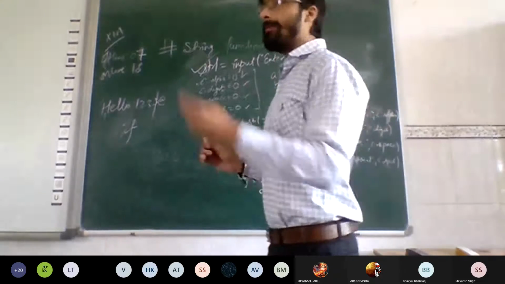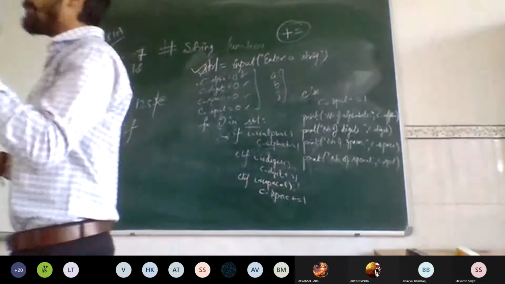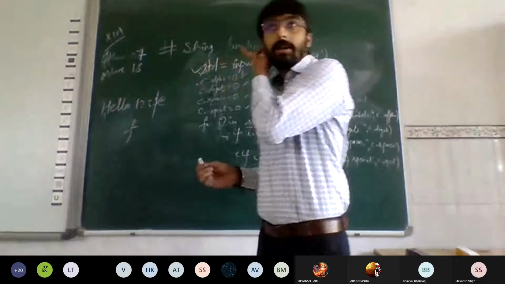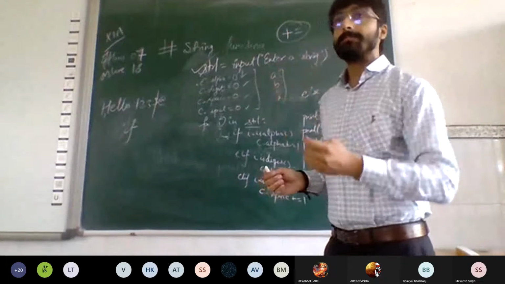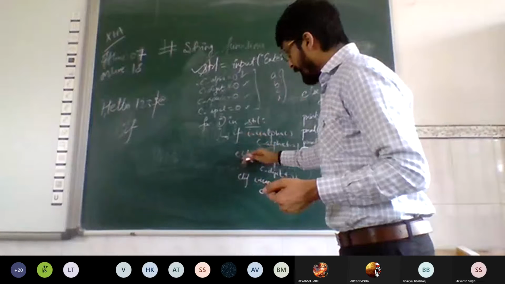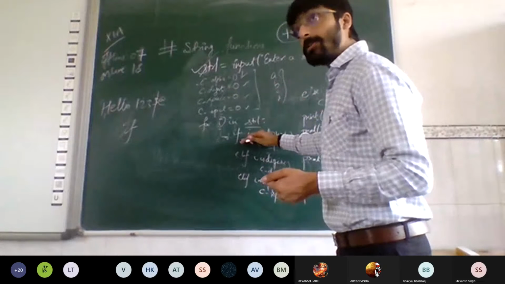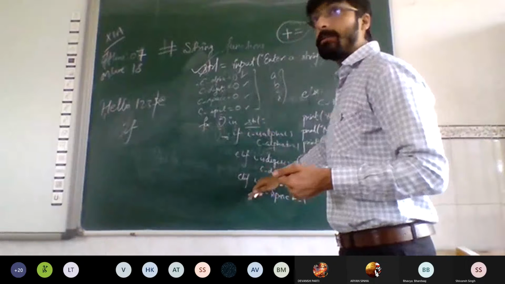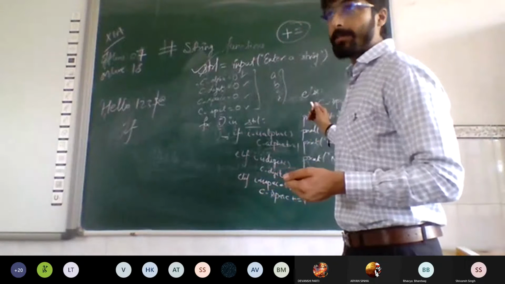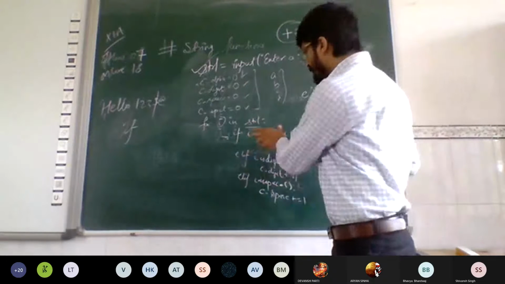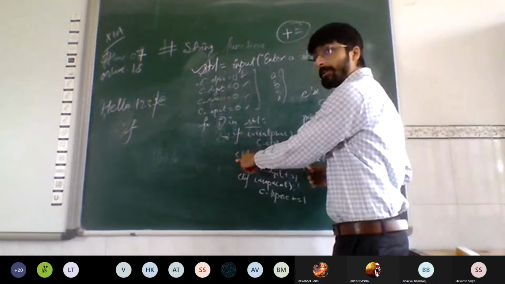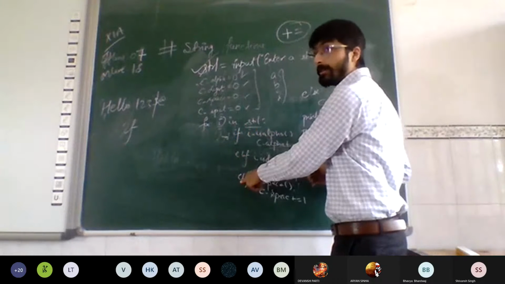While writing a program, you have to keep in mind two things. The first is the time complexity, the second is the space complexity. You will be reading this in the idea of algorithmic efficiency in class 12. So, if I had written if like this, this statement will be checked, then again this statement will be checked, then again this statement will be checked. Instead of that, I have used if elif else, multiple conditions. If this is true, do not check other conditions. If this is false, go and check for this condition. If this is false, go and check for this condition.